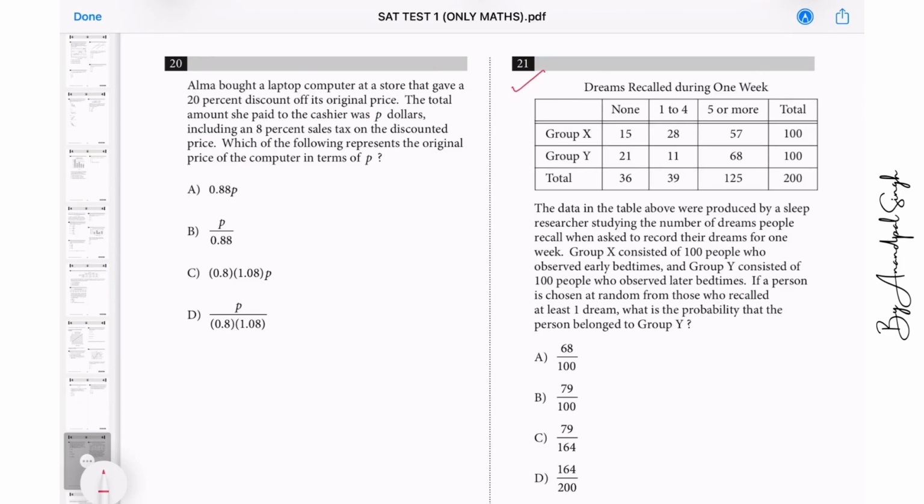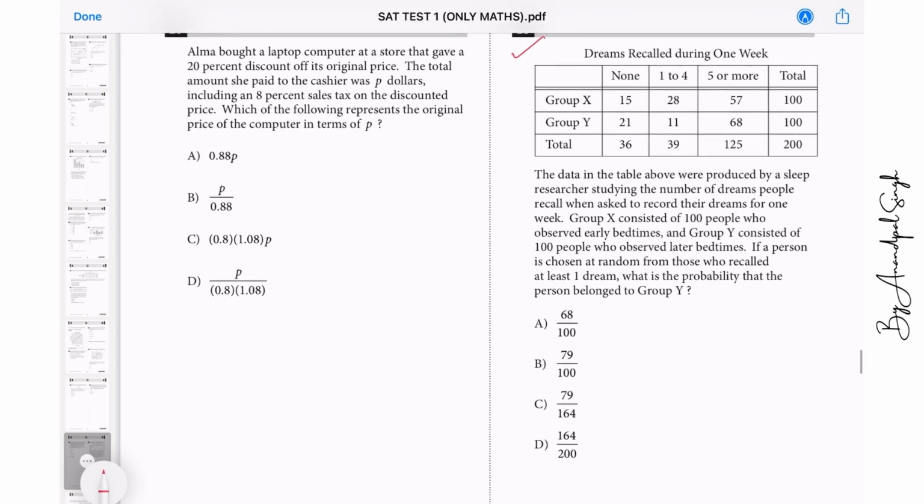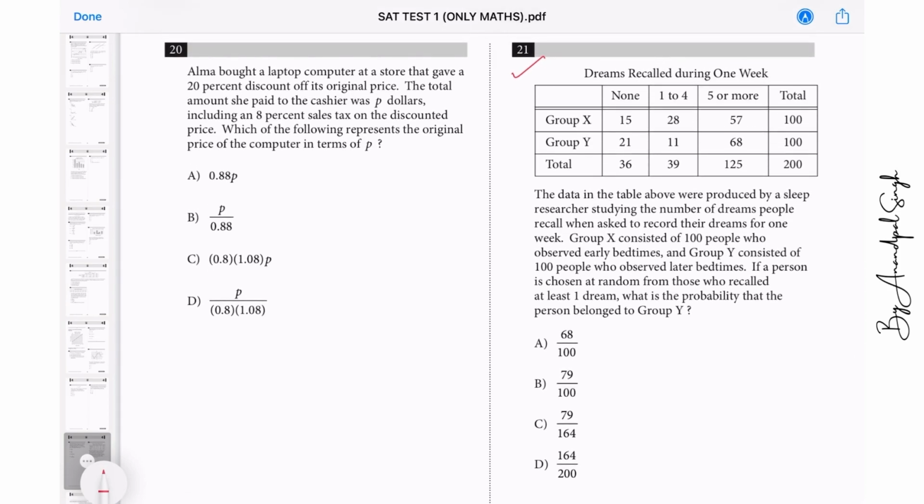Let us proceed further. Dreams recalled during 1 week. Group X and Group Y, there are two groups and this table is given. Whenever a question like this comes, no need to read the whole group. Just read the question below. It says that the data in the table above were produced by sleep research studying this. Group X consisted of 100 people who observed early bedtimes, and Group Y consisted of 100 people who observed